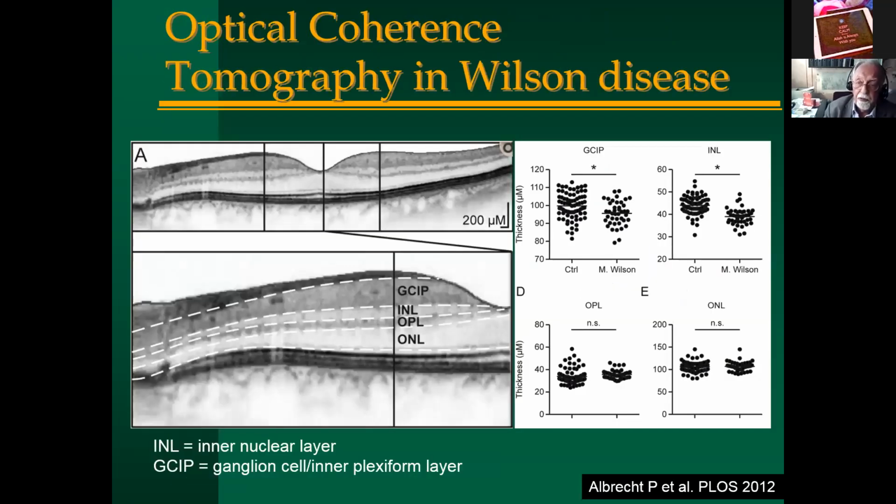And that's an even more fancy methodology, not a new one, optical coherence tomography in Wilson's disease. You see here parts of the retina in this type of examination with several layers. You see the names of the layers. INL means inner nuclear layer, and GCIPL, the ganglion cell inner plexiform layer. And if you measure the width of each of these layers, you see here a significant difference: in patients with Wilson's disease it is much smaller. But that's something for fancy studies.